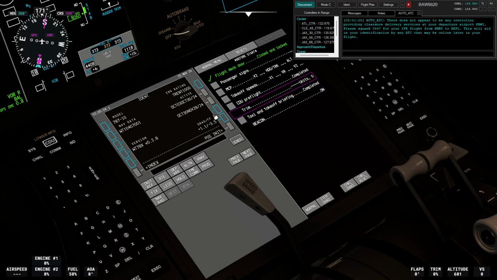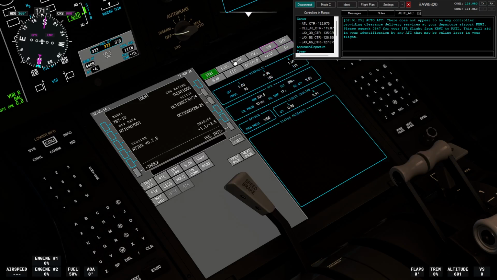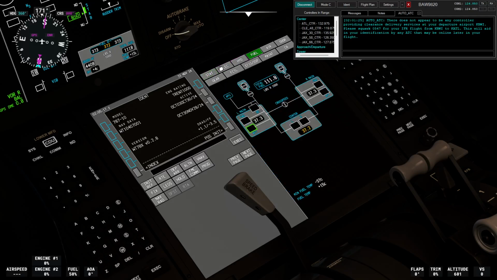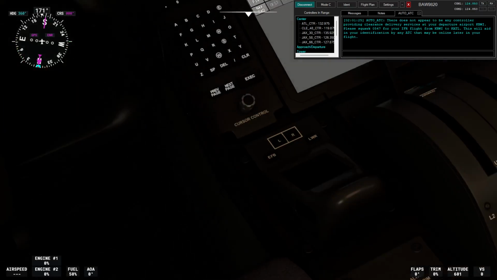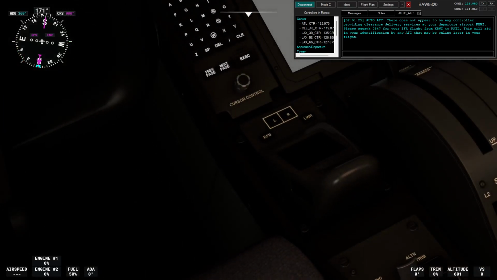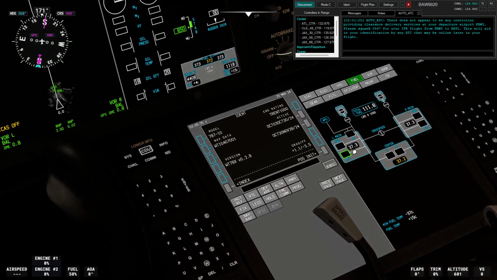I'm actually not gonna continue to use this checklist. Right. We're not gonna use it. Okay. Anyway,